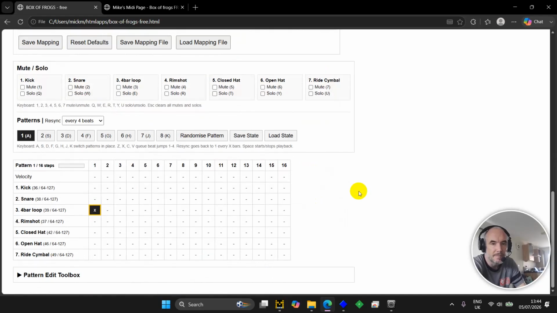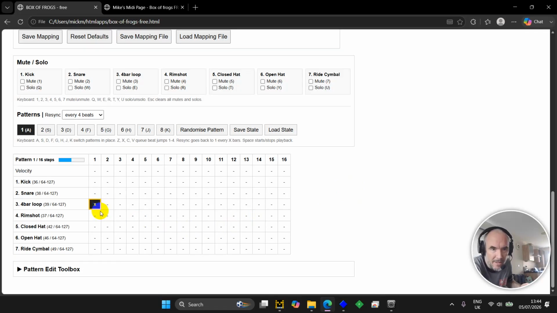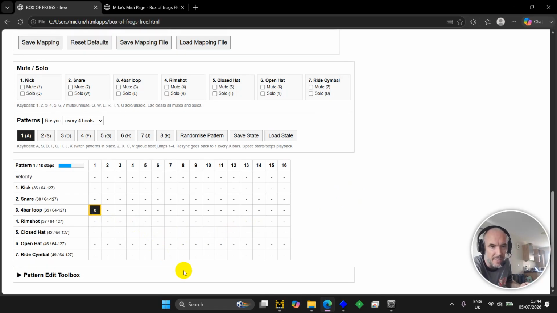Do that again. That's better. So what it's doing, if you're used to old school samplers when you trigger samples with a MIDI note, is re-triggering it every 16th of every bar. So it's a 4-bar sample, but it's restarting every bar, and that's why I brought in this feature,